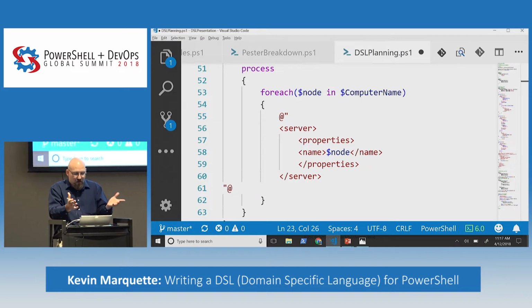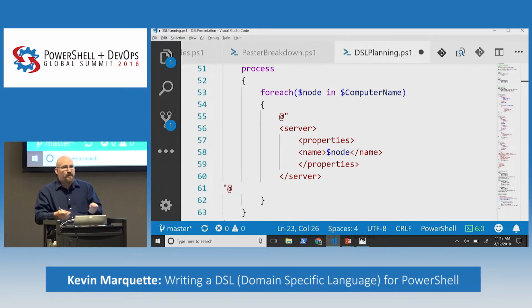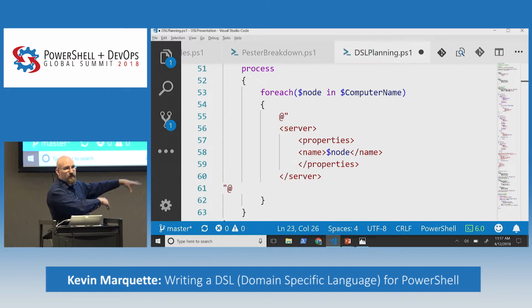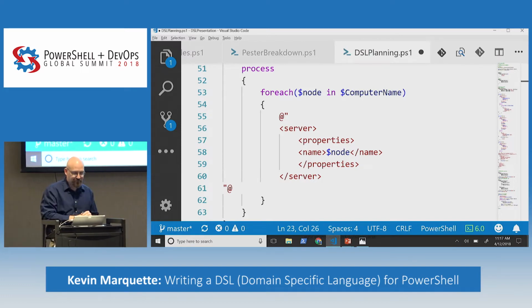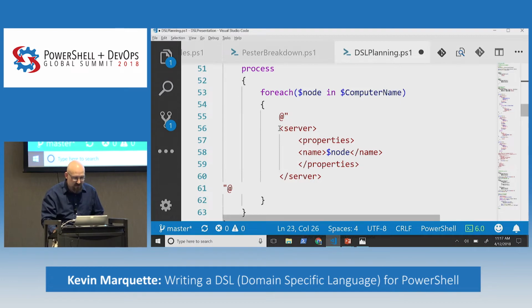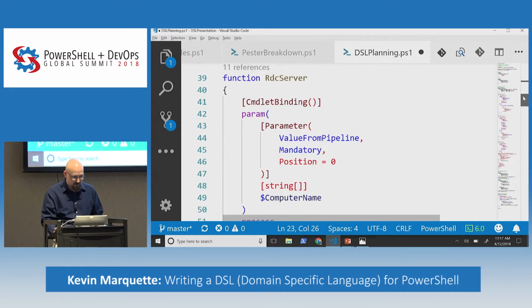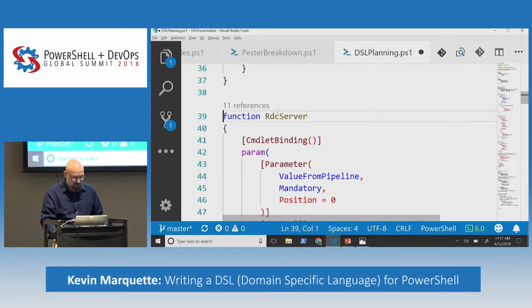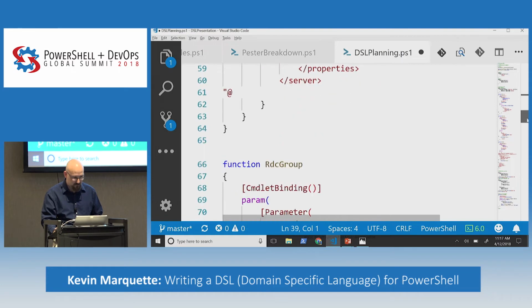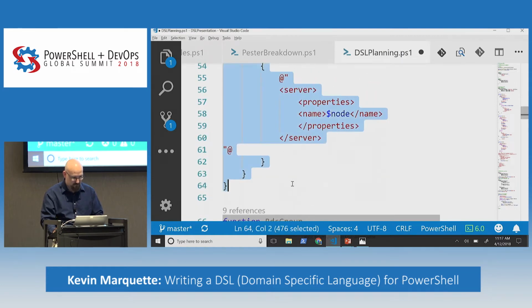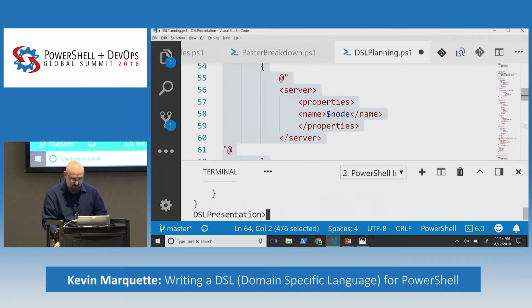And all I'm really doing is creating a string and tossing it on the pipe for somebody else to deal with. I'll have another function that cares what's coming down to it. So I literally just have a small chunk of valid XML for my server. So I need to invoke this because we're actually going to run this here in a moment. All right, let's get that loaded. Then